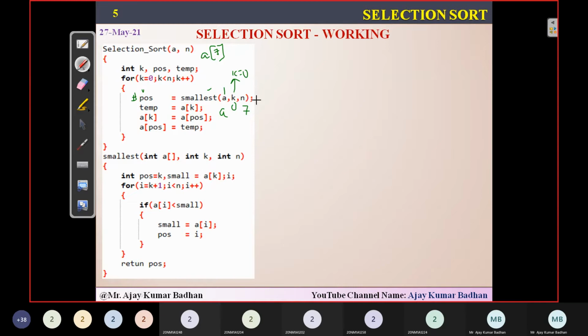And from here, remember, when the program starts executing and this particular statement is executed, immediately the control will be transferred to this particular location. It will not go to the next step. Since you have called a method here, the control will go to that location immediately. So you can say A is an array here which consists of a list of elements. Initially the value of k is 0, and then the number of elements.